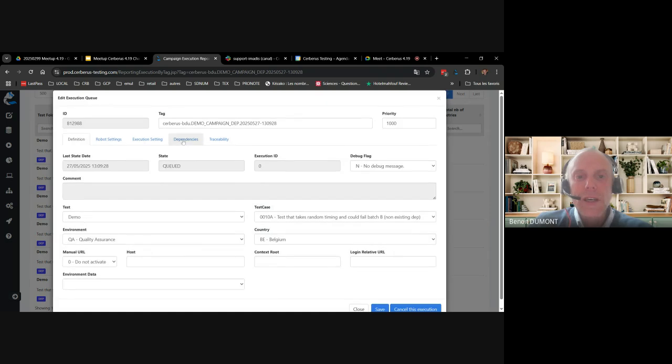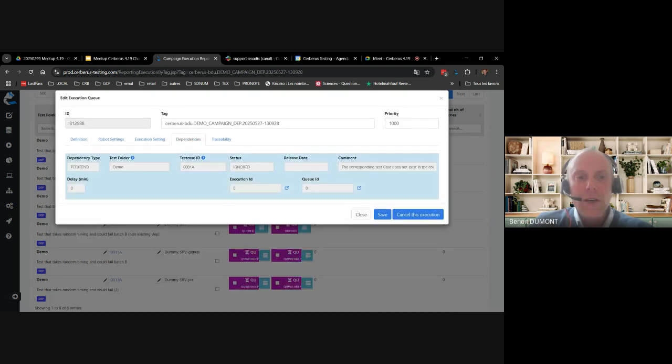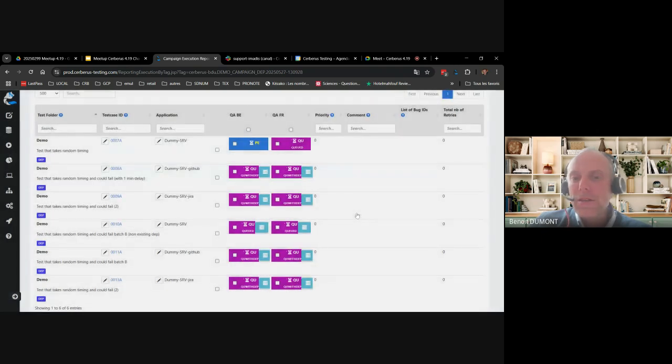So if I check here the list of dependency on that test cases, we see here that it points to a test case that is 001A, sorry, that does not exist in the campaign. And we see here that Cerberus basically has created the dependency, but it's in ignored state status. And basically the status of the queue here is queued, while all the other are queued with dependency, meaning that